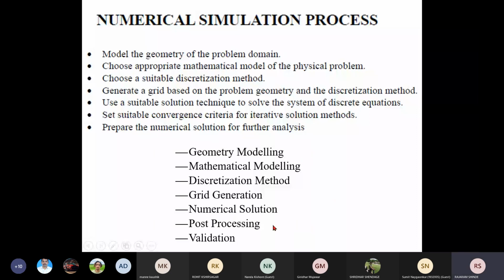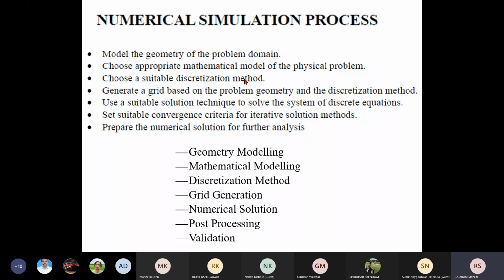Now in this course we are going to start theory from the second step, model the geometry or domain. This also I will explain, but it is not an important thing, you can get it from the software also. But for the second step, third step, and the fourth and fifth steps, we need some critical mathematics that I am going to cover as a part of the theory of this course.